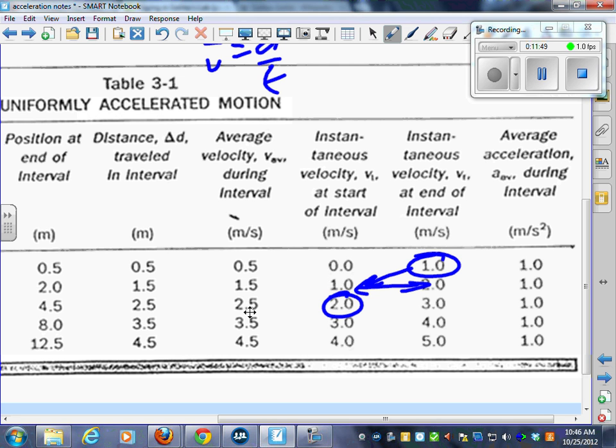And if I'm averaging 2.5, then what do I have to end up that interval at? 3, because the average of 2 and 3 is 2.5. And if I ended at 3, then I have to start the next interval at 3. And if I average 3.5, then I have to end up at 4, and so on. Okay? And what is happening to the speed at the start of the interval? It's going 0, 1, 2, 3, 4. And at the end, it's going 1, 2, 3, 4. It's speeding up.